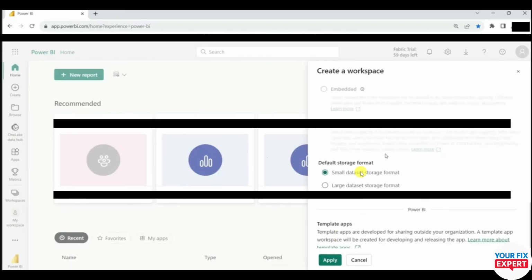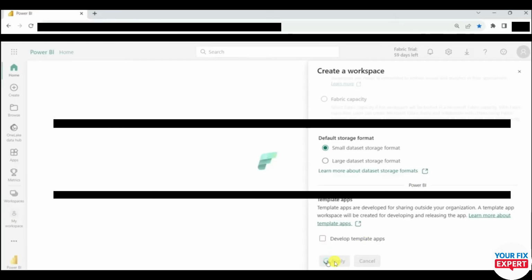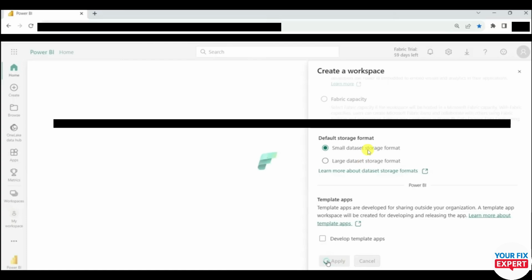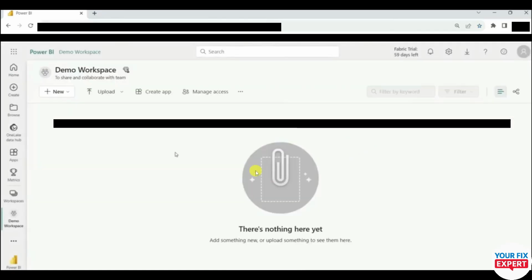Make sure to choose the default storage format as well. If your data set is small, you can just click on the small data set storage format. If you have a large data set, you can choose the second option, large data set storage format. And after that just click on Apply, and once you click on Apply, it will take a few seconds to load, and after a few seconds you will be sent to the new workspace